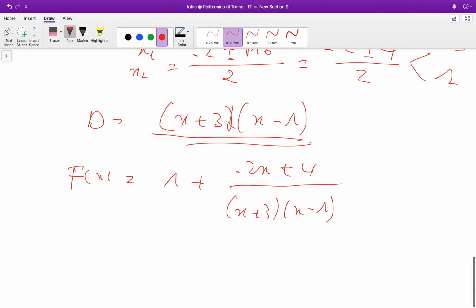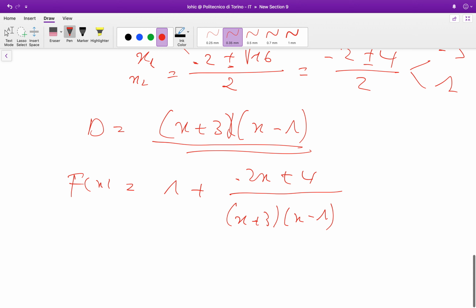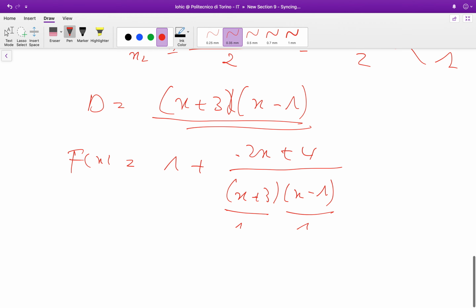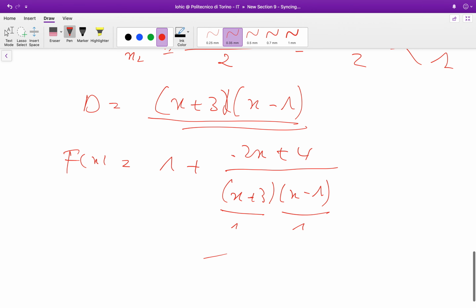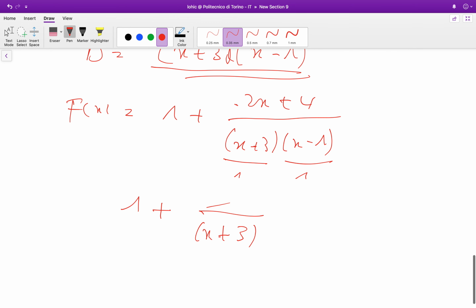How do you do it here? When you factorize the denominator, you see that this denominator is given by the product of a polynomial of order 1, right? Multiplied by another polynomial of order 1. It means that once you factorize, how do you write the simple factors? The function will become 1 over, so I have x plus 3, right? That I can directly